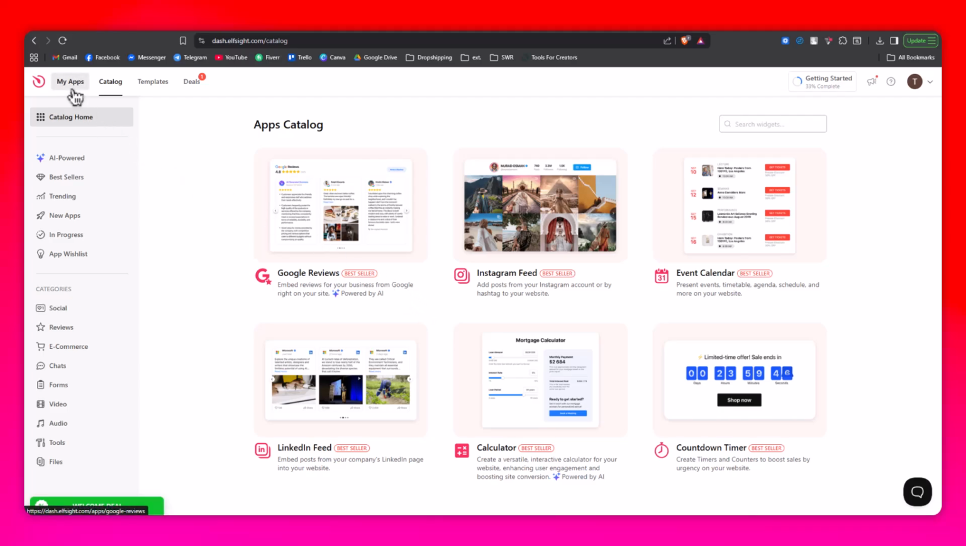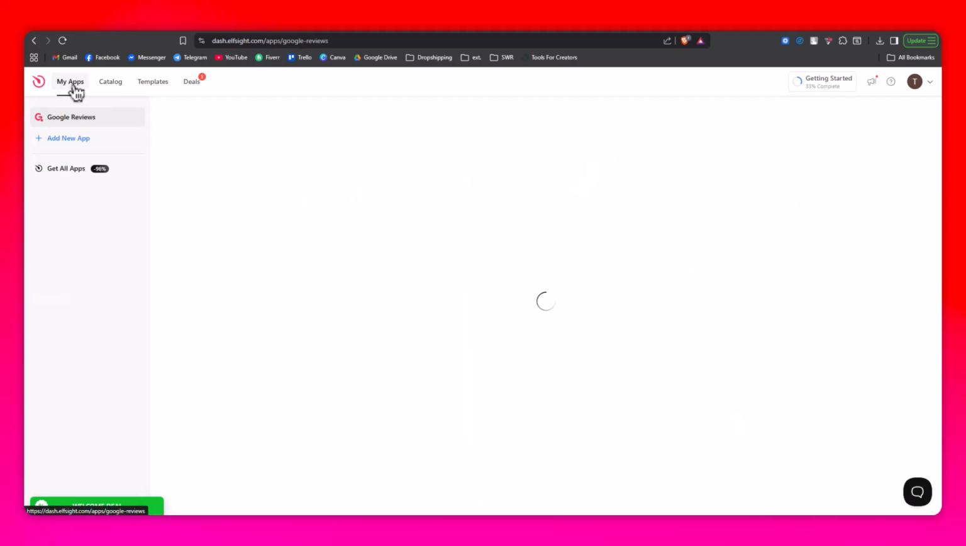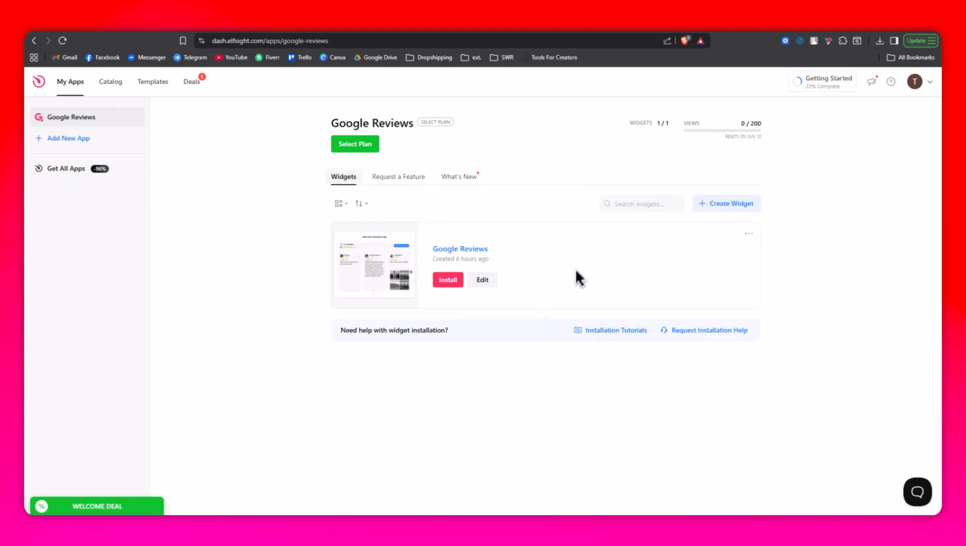To do this, go to your Elfsight dashboard and locate the widget you want to archive. Once you find it, click the three dots icon next to the widget to open the Options menu. From the list of actions, choose Hide from Website. After you select this option, the widget will no longer appear on your website, but it will remain safely stored